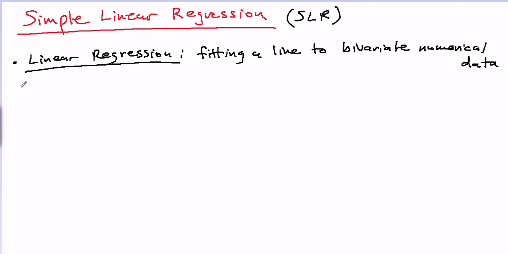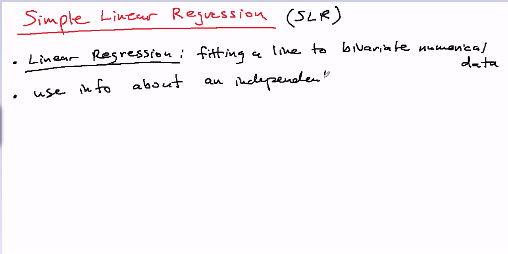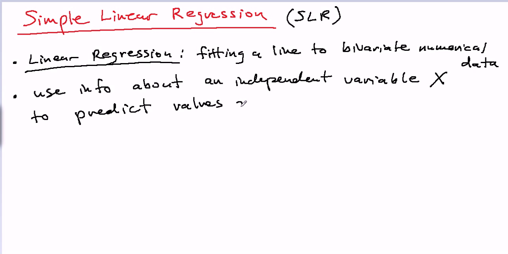Let's get some more terms out of the way, and I'll give you some visuals on this. In regression analysis, we want to use information about an independent variable x to predict values of a dependent variable